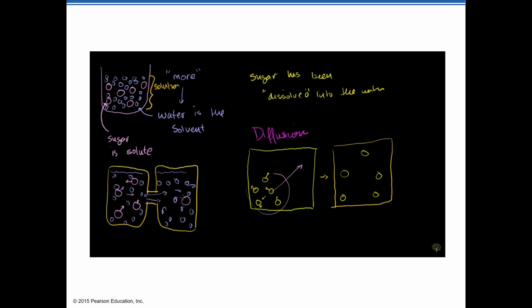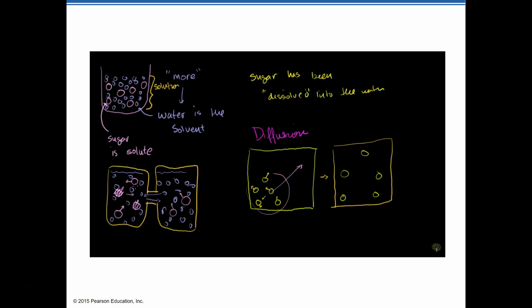And this guy will still be bouncing around. There's some probability he goes back, but there's still more sugar particles here than there. So still there's more probability that, so this guy's on that side, so let me cross him out. But there's still more probability that one of these guys will go to that side than one of these guys will go to that side. So you can imagine if you're doing this with gazillions of particles, I'm only doing it with 4, over time, the particles will have spread out so that their concentrations are roughly equal. So that, maybe you'll have 2 here over time. But when you're only dealing with 3 or 4 or 5 particles, there's some probability it doesn't happen. But when you're doing it with a gazillion and they're super small, it's a very, very, very high likelihood.